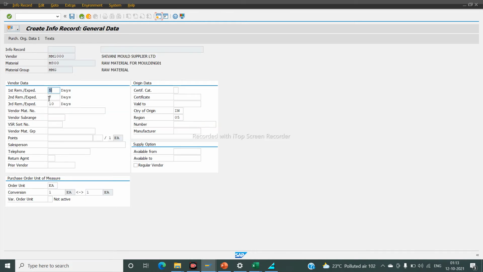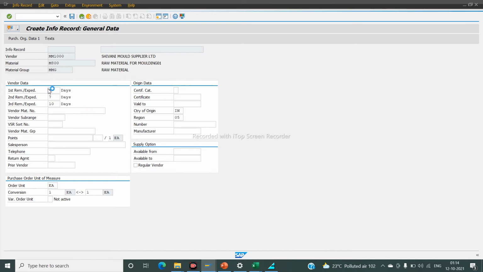Enter. That tab comes from material master MM01, where you maintain the purchasing value key. So the first reminder, second reminder, third reminder are reminders to the vendor to send us the material. The data like order unit each will come from the material master, or country of origin, region.